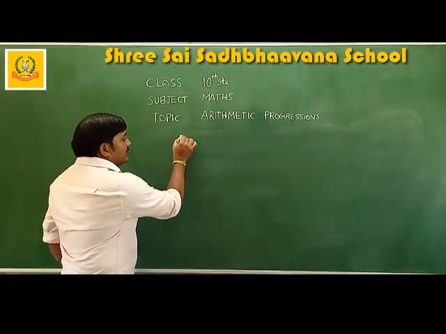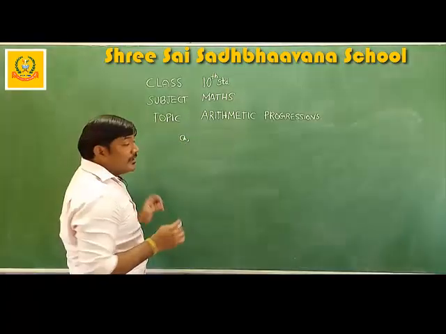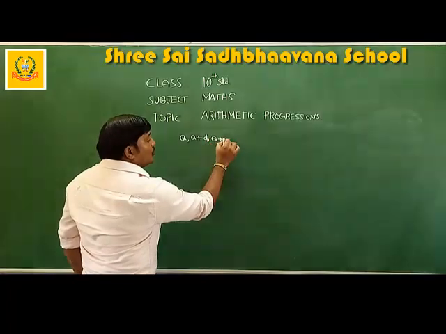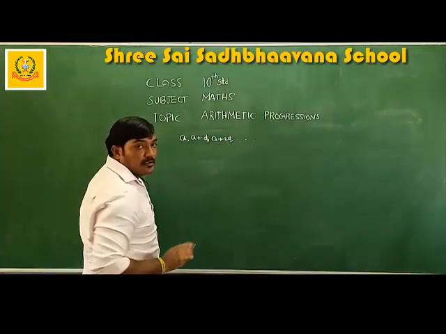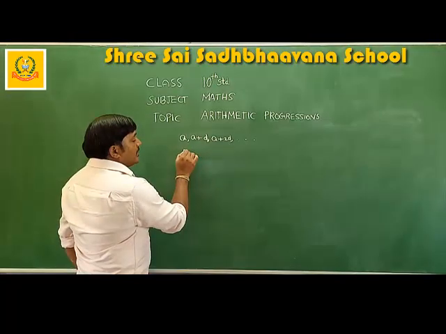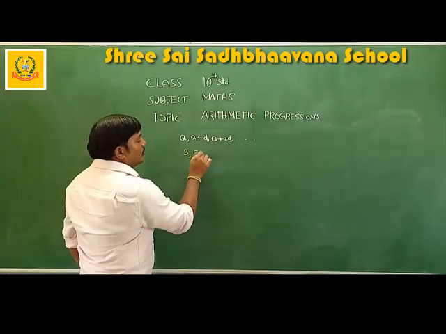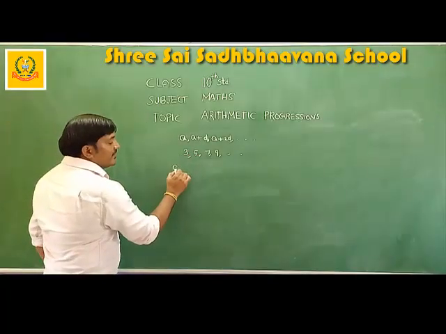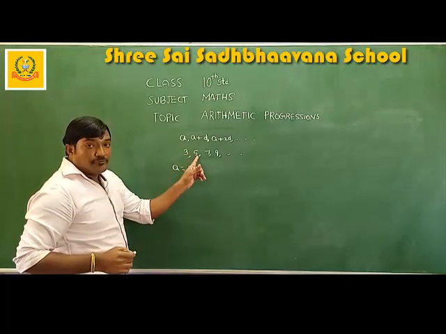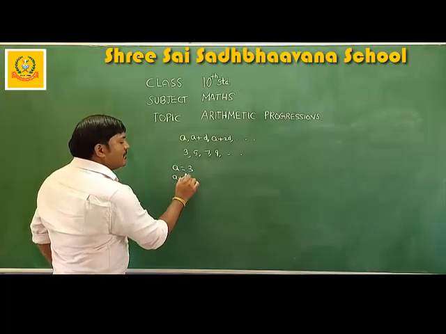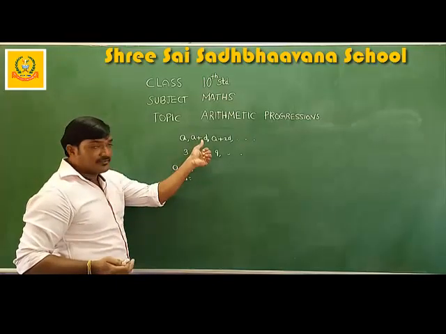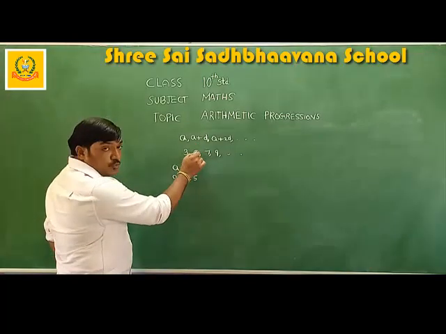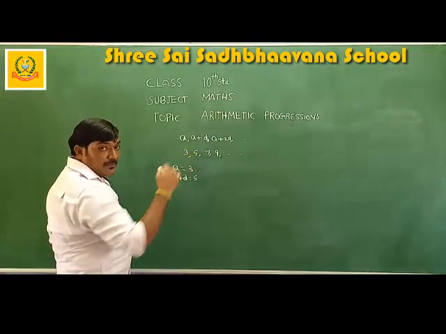Okay, the first term is a, and the second term is a plus d, then a plus 2d, and so on. I'll just explain with an example. Just take 3, 5, 7, 9, and so on. Here, if I consider a as 3, how did you get 5? Just by adding some number. Imagine that we don't know that number. We just add something, so we got 5. Here, 3 plus 2 we got 5. That you can understand: what we added is 2.